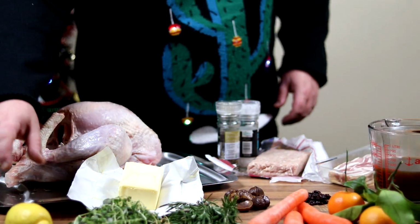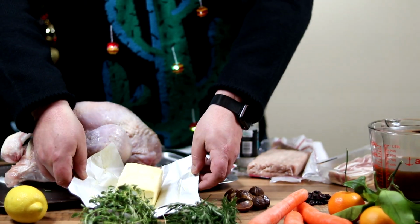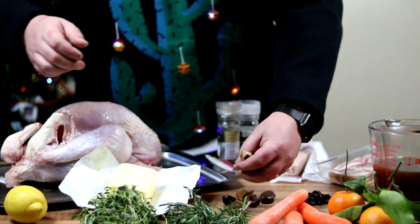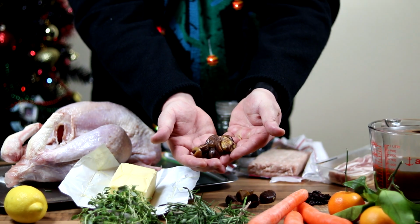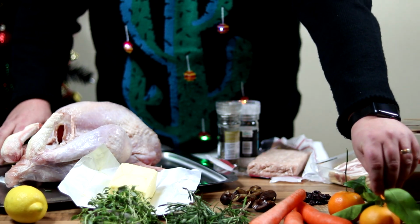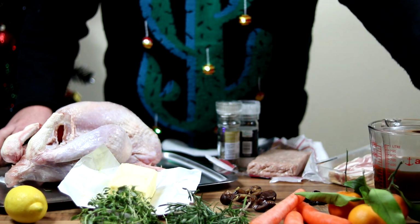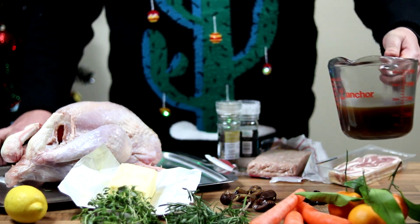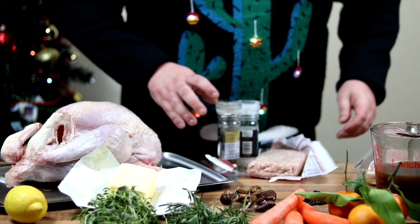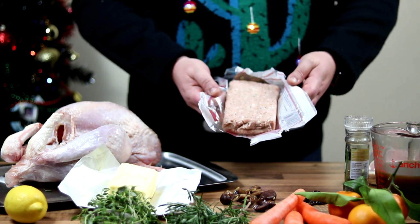So what we're going to need for this is 1 lemon, I've got some fresh thyme. We want to use a whole stick of butter, it's Christmas, why not? Some fresh rosemary. I've got some packet chestnuts here, they're already cooked. I've got some dried sweetened cranberries, a few carrots, some nice posh clementines, a couple of white onions, a really good quality chicken stock needed for this one. I've got some smoked bacon, salt and pepper should you need it, a pack of plain sausage meat,